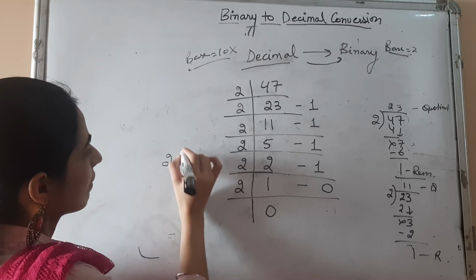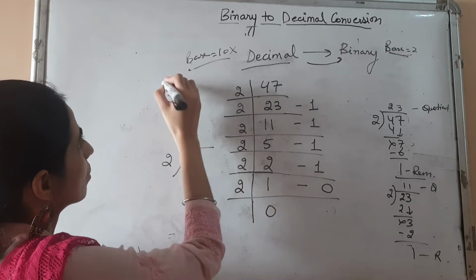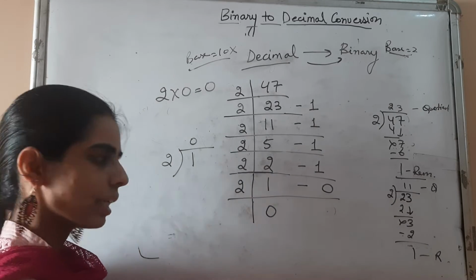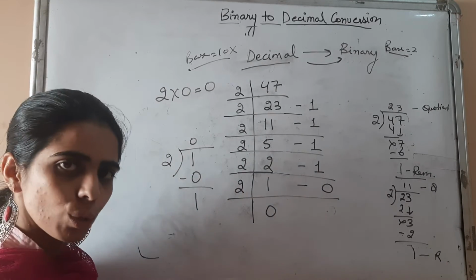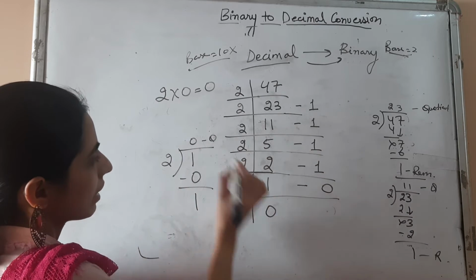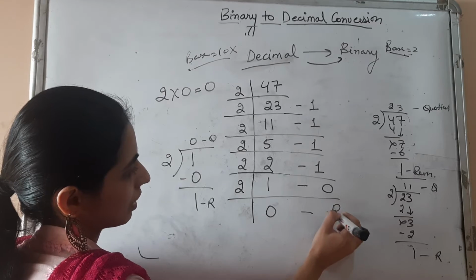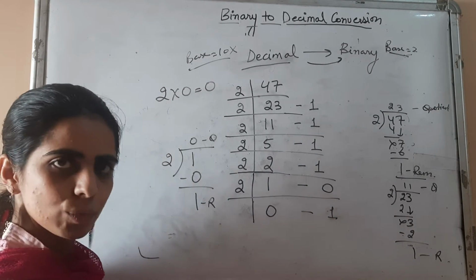सो मुझे 2 को डिवाइड करना है 1 से, ठीक है. मैंने लिया 2 zeros. 2 into 0 कितना होता है बच्चों? 2 into 0 होता है 0. सो 2 zeros 0 लिया, मैंने इसको माइनस किया, रिमाइंडर मिला 1. अब मैं ये क्वेश्चन पार्ट यहाँ लिख रही हूँ और ये रिमाइंडर जो है आपका इसके सामने लिख दिया मैंने, ठीक है. रिमाइंडर कितना था हमारा 1, तो मैंने यहाँ पर 1 लिख दिया, ठीक है.